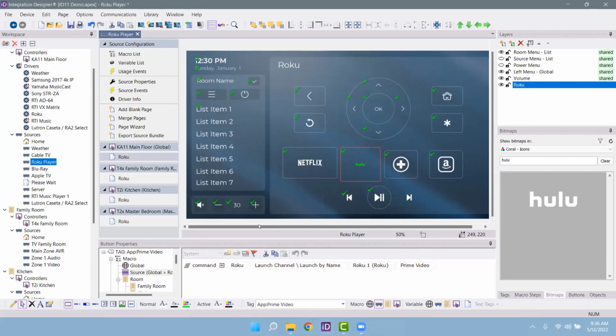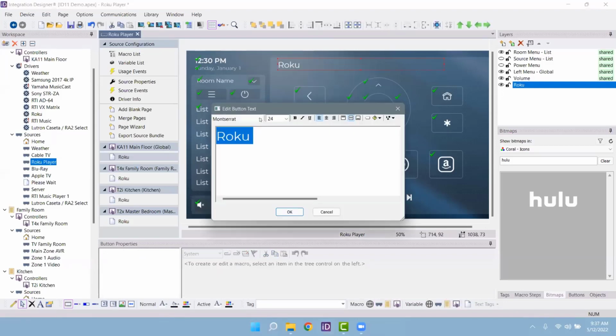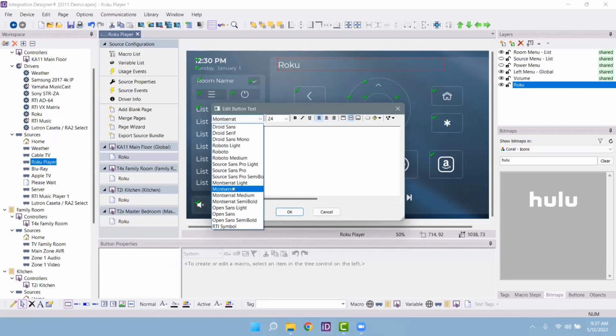Okay. All right. So let's talk about the fonts and font sizes in ID11. You're not going to find these in ID9. I'm going to go to my Roku font here, and if you look for all the remotes, well, most remotes, 99% of them, we're going to have different fonts now. Montserrat, all in different colors. Roboto, Source Sans. These are common to other